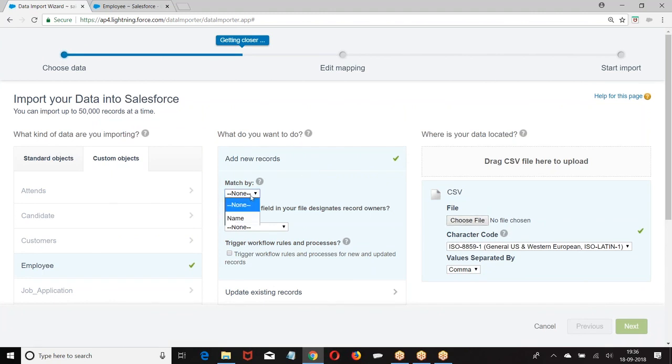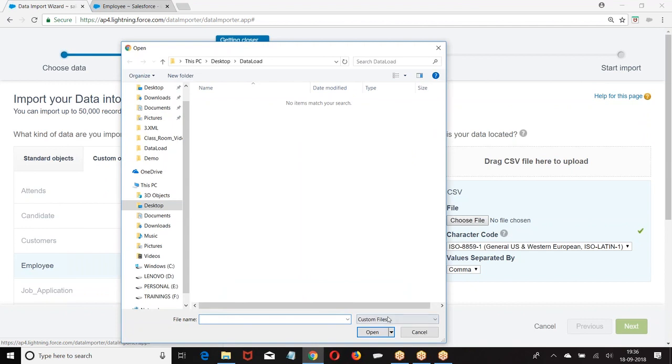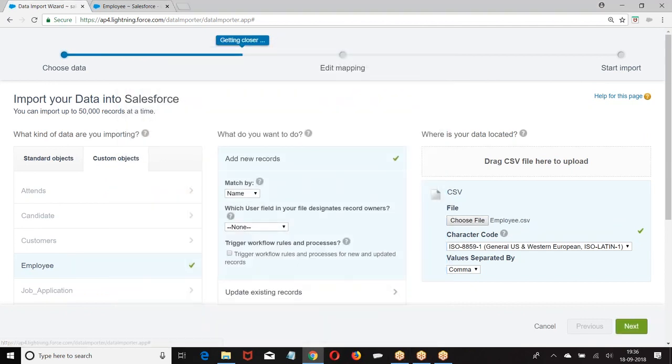Now, do you want to check the duplicates? I want to say, if duplicate data is there, don't accept. Match by name. Choose. Next.